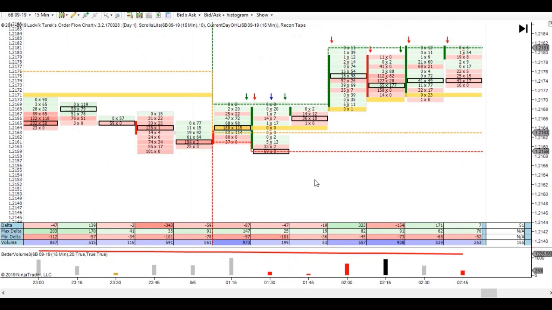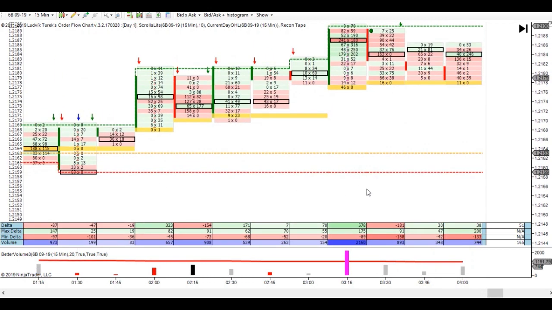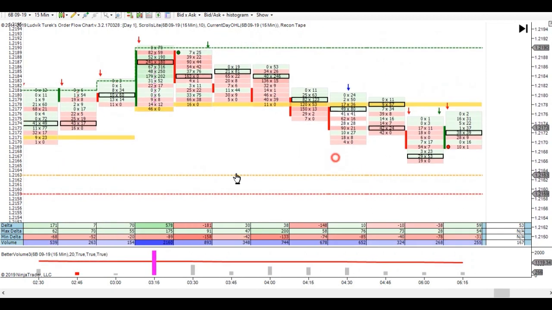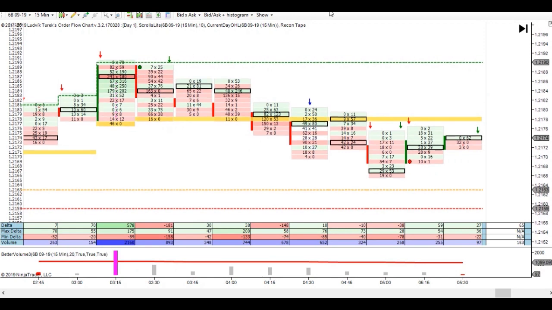So this is the low of the day. Cable has just been rising for the whole day, so we can say there was absorption really, because this is not very aggressive selling. It's just 69 lots sitting there at the low of the day. But this is a form of absorption because we have aggressive buyers buying into the move